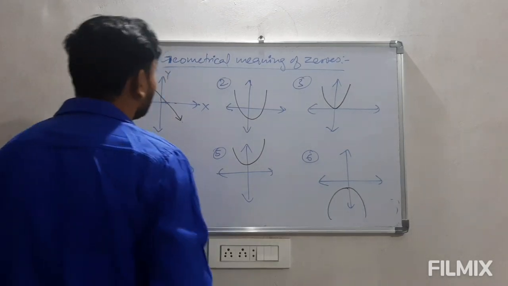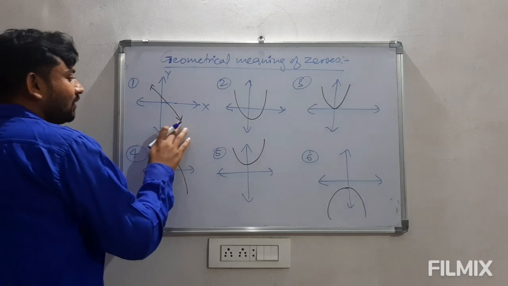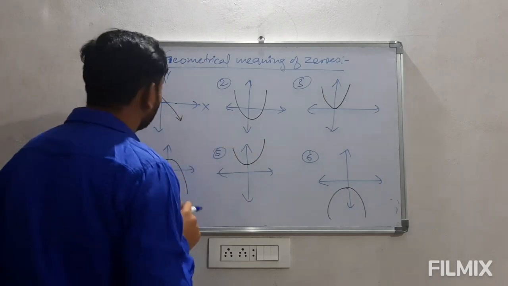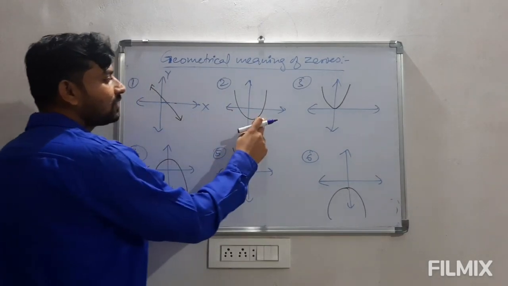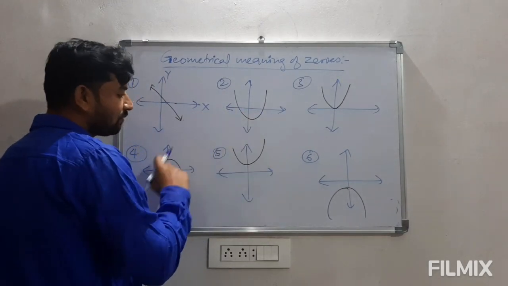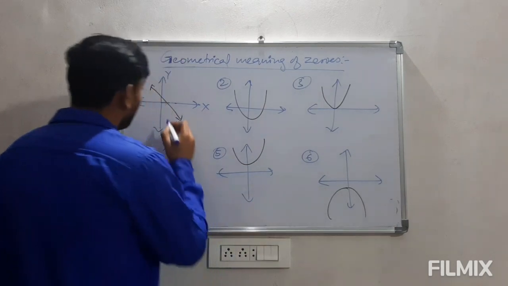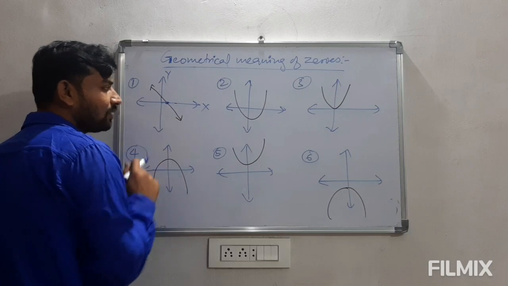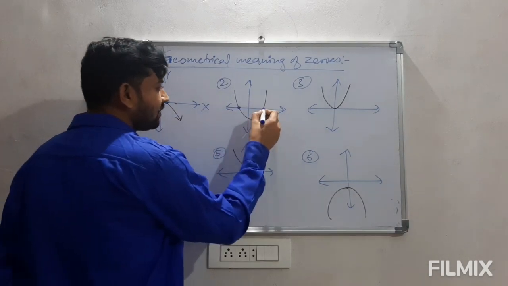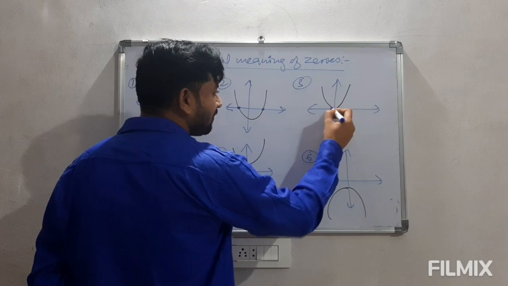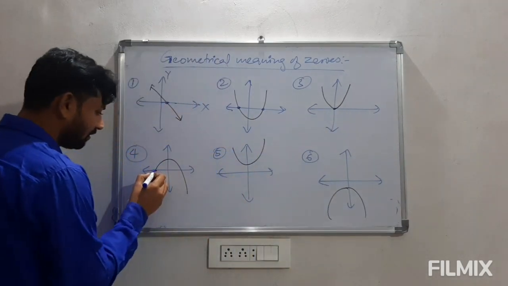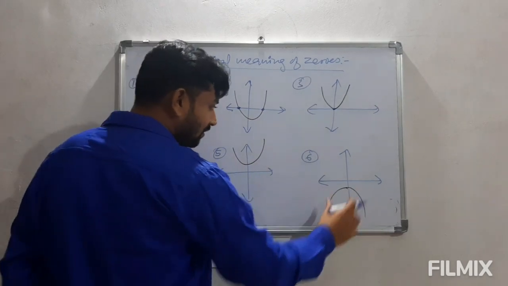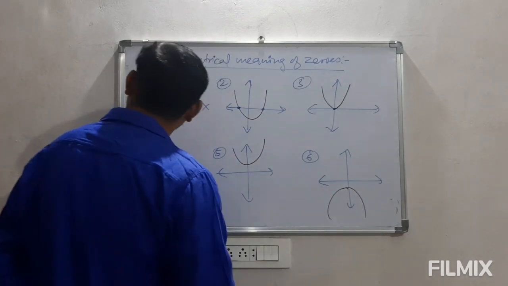Now look at this. As I told you, the graph of the given polynomial is drawn. Here we have two types of polynomials. One is a linear polynomial and the other is a quadratic polynomial. This is the graph of a quadratic polynomial. Now this linear graph is intersecting the x-axis at only one point. Here it is intersecting at 2 points. Here it is intersecting at 1 point. Here it is 2. Here there is no intersection with the x-axis, and here also no intersection with the x-axis.